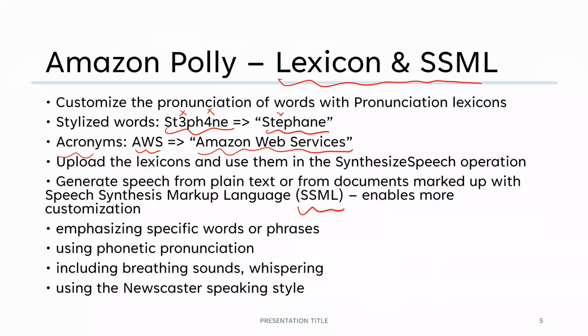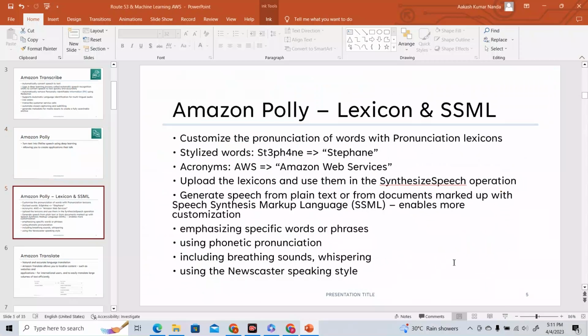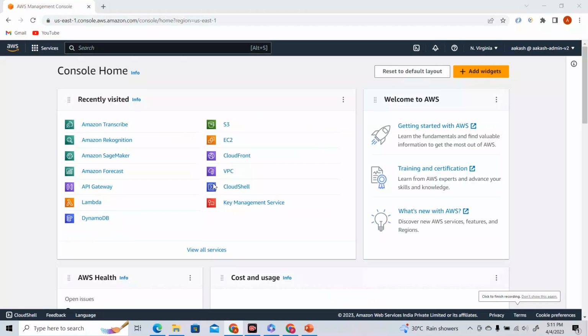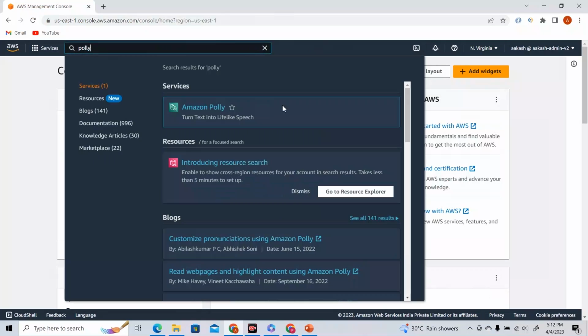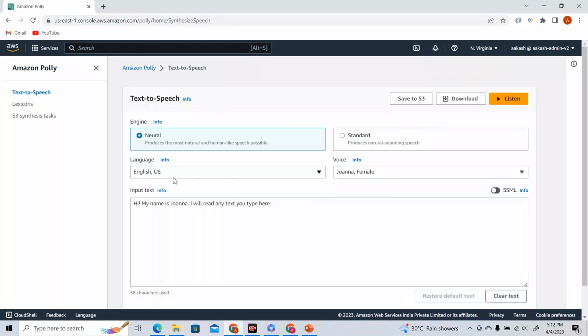Now let us see a demo on Polly, and it is very cool. I don't know if you will be able to hear what Polly says, but you will understand what I'm doing, so it should be fine. Okay, now in your AWS console, just search for Polly. It says Amazon Polly over here. Just click on it. So here we are in Amazon Polly. If there is some text written here, and instead of Joanna, let me just name it Akash, and if I just click on listen,